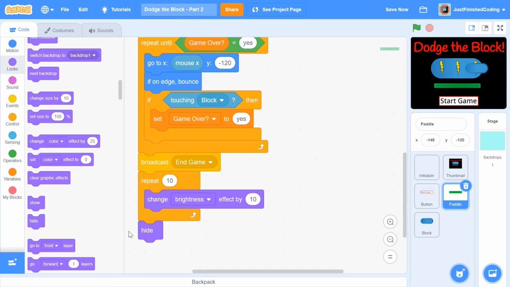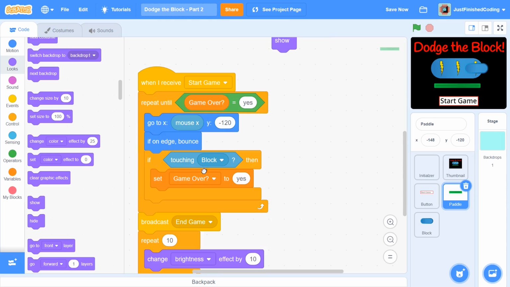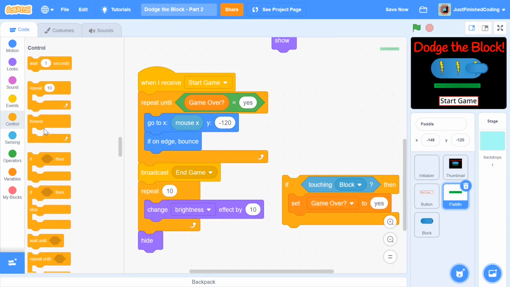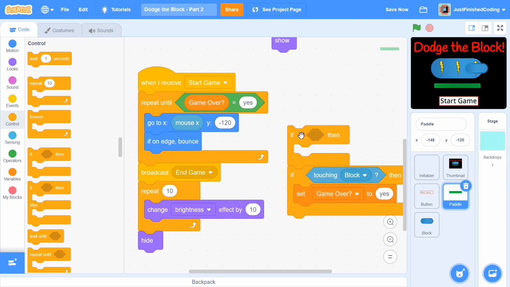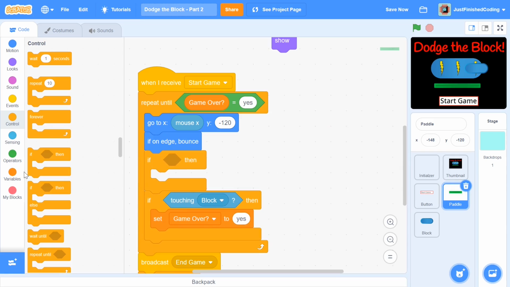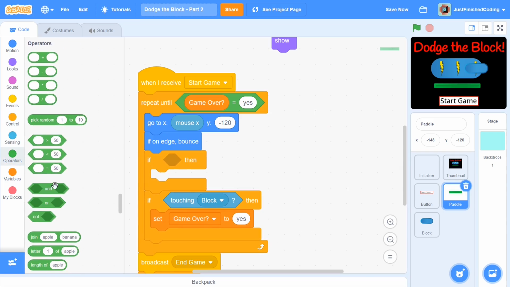And after that, we can just hide. Yep, there we go. That is all we need. And now what I'm going to do is add in that other condition I was talking about. So head over once again to control, grab another if then, and this time around we need an AND operator